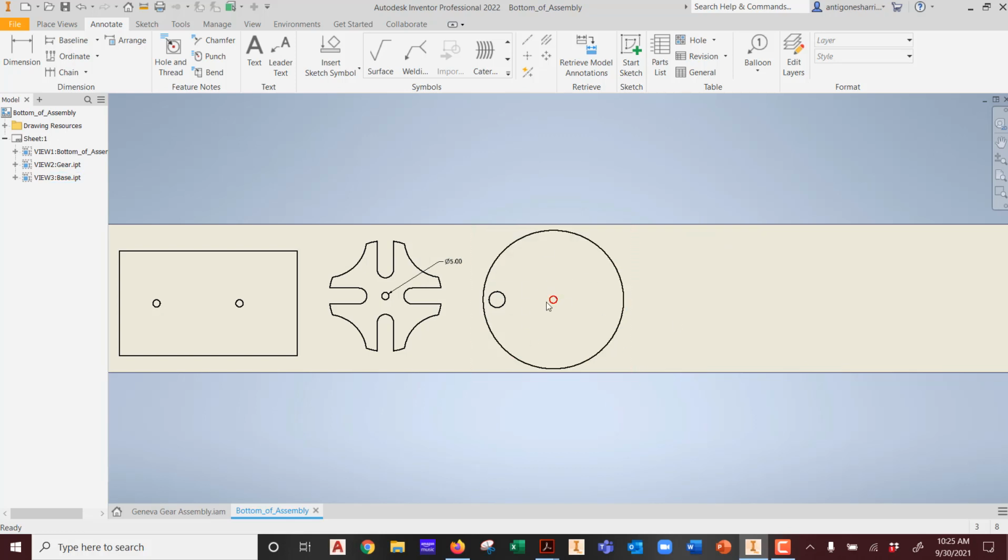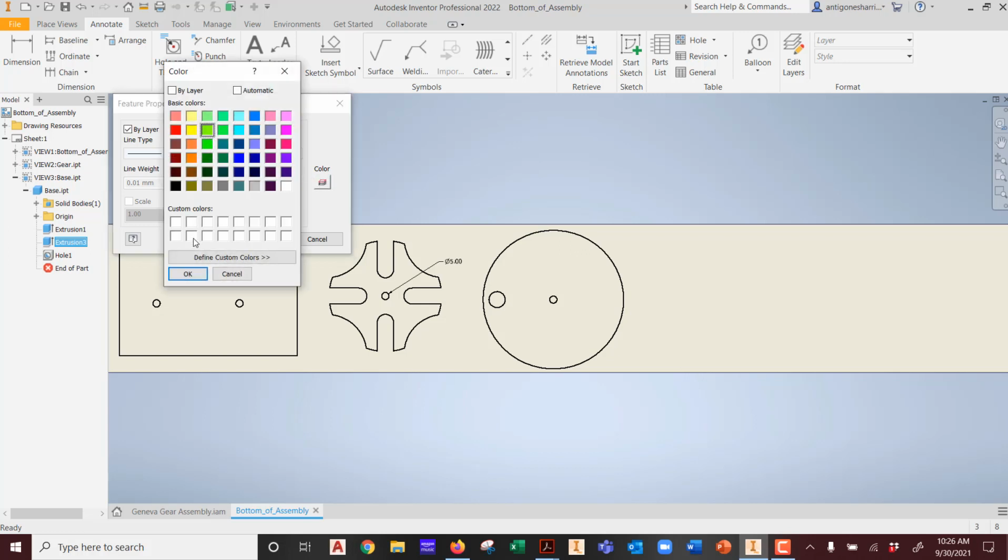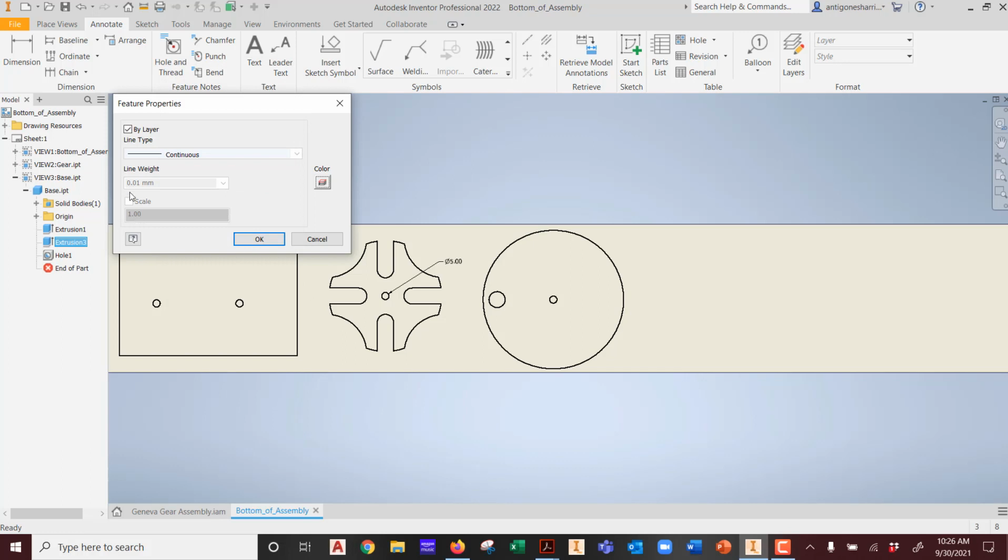This is correct, right? We need a circle and a circle. Oh, crap. Is it correct? Did we want the etch in there? Yeah. How do we fix that? I want that etch in there. That's this guy. I see all the different extrusions. See that? This one? What can I do? It's in there. Doesn't matter what I do to its layers. Scale, line type, nothing. Why? What's the...